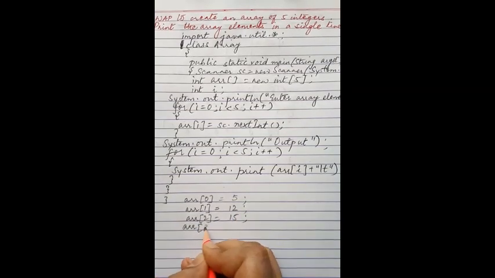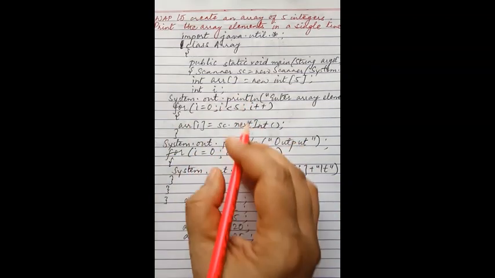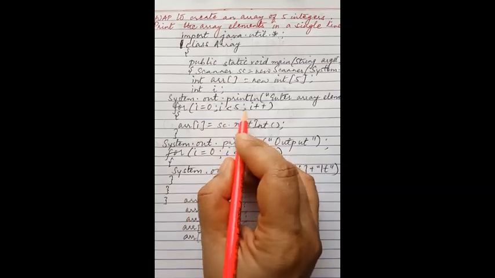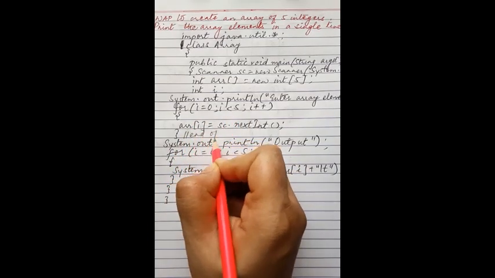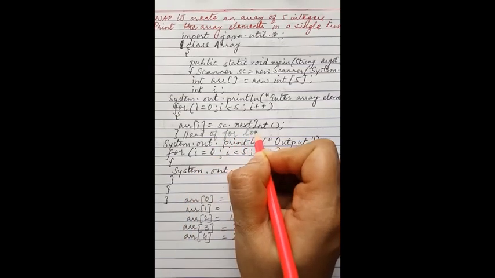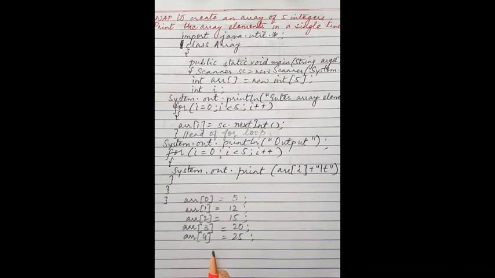Next I is incremented and it becomes 3. Is it less than 5? Next value we are entering here. I becomes 4. Next value we are entering in ARR 4. Let me say 25. So 5 values. Then I becomes 5. Is it less than 5? False. So it will come out of this for loop. This is the end of for. So in this for loop, it will enter 5 integer values from the user and store them in the variables ARR0, ARR1, ARR2, ARR3 and ARR4.